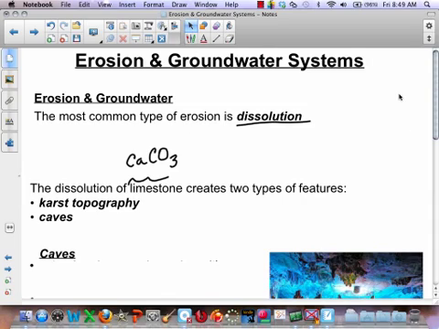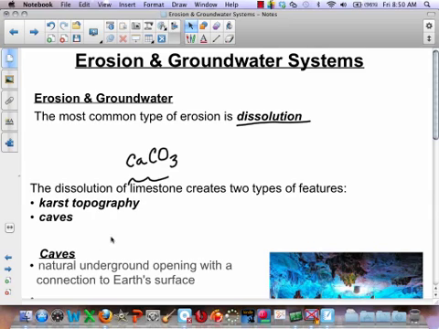So we look at caves. What is a cave? How did the hole get there? Guys, how did you make your cave? Now, think about it. How did we make our caves yesterday? Water. It wasn't an earthquake. What did the water do? It dissolved the sugar, right? What did the sugar represent? The limestone. So caves are formed when rock is dissolved away,